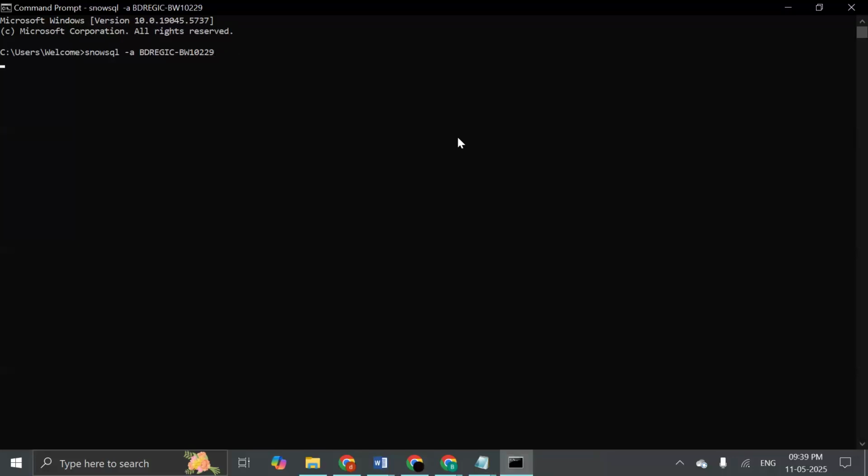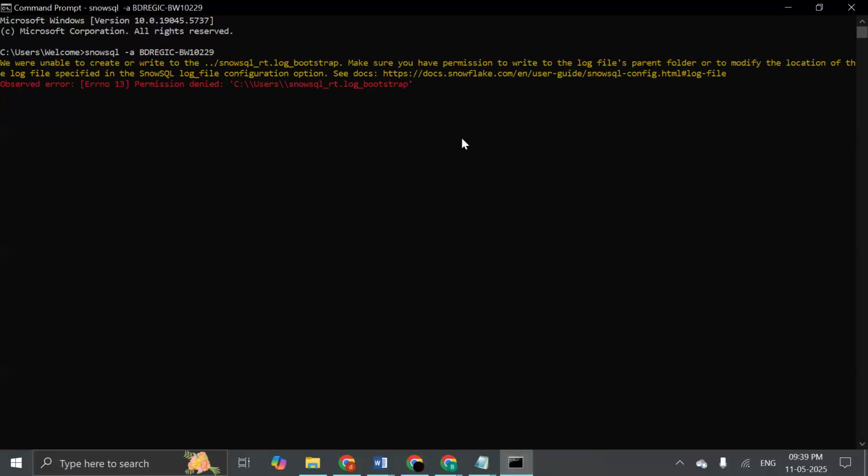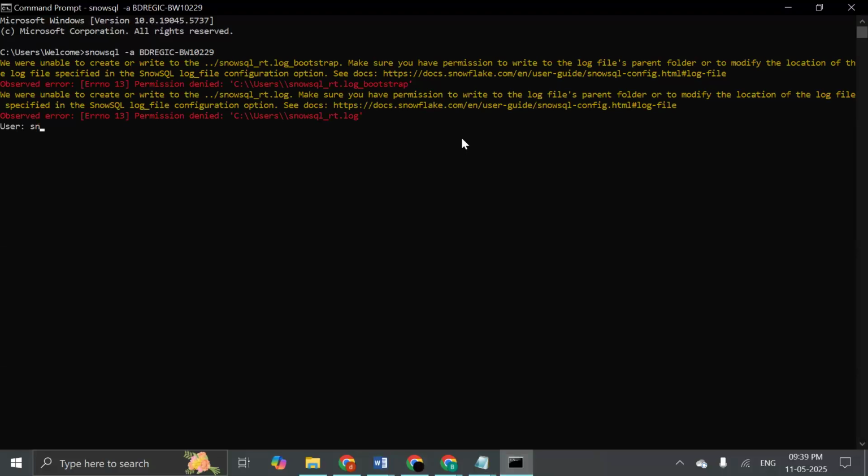This is the account details. Now it will ask the username and then it will ask the password. Given the password correctly, now need to connect it to the database. So connecting to the database,